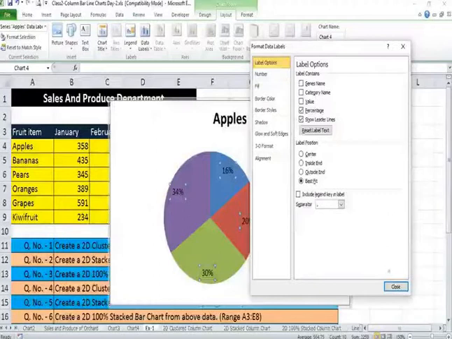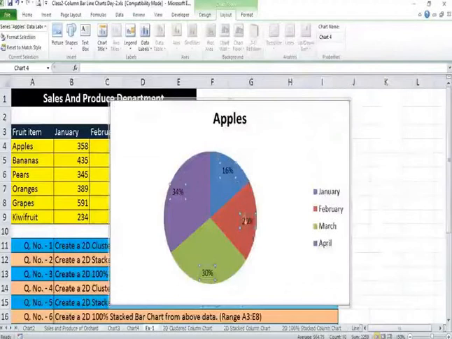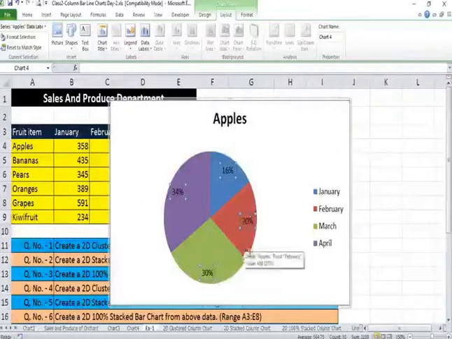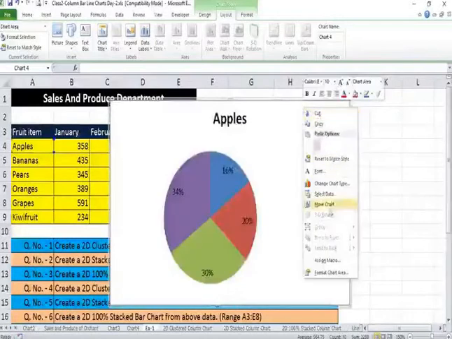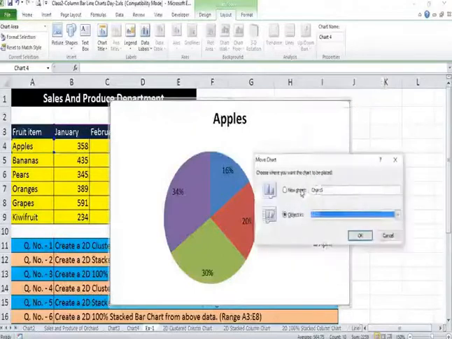Okay, so we are closing this dialog box now, and this way we are getting the percentage contribution of each pie. So that's how we create a 2D pie chart, and we can move this pie chart by clicking in the white area and moving it as a new sheet.